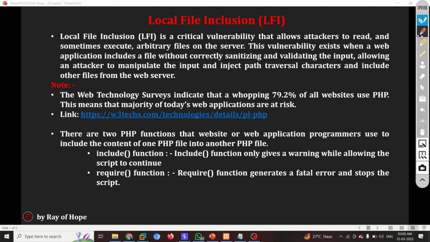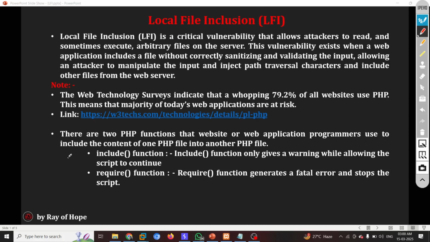According to the new data, you can go to this website and see that almost 79.2% of websites across the world are using PHP. That means they have a risk of LFI. So this is really important, and that is why knowing the LFI vulnerability is really important.